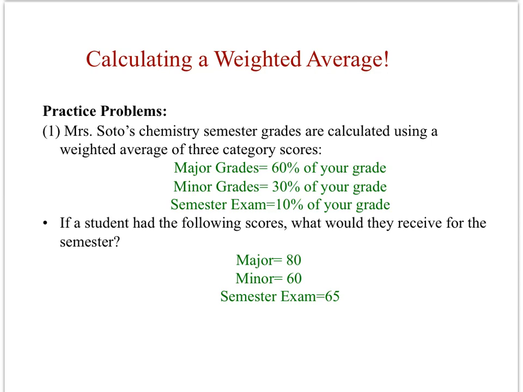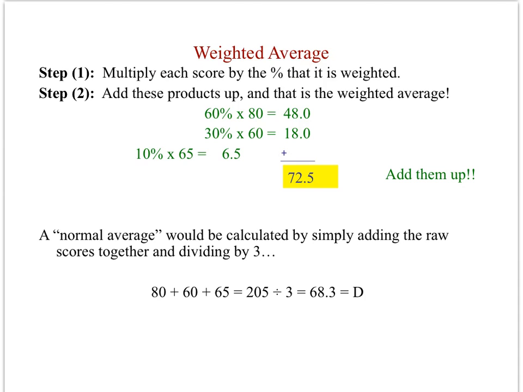So in Miss Soto's chemistry class, her semester grade is calculated by looking at your major grades, which are 60% of your grade, minor grades, which are 30%, that would be your formal and your informal, and a semester exam, which is 10% of your grade. So let's say you're the student and you have an 80% for major grades, 60% for minor, and a 65 as an exam. If we were to take the 60%, which would really be